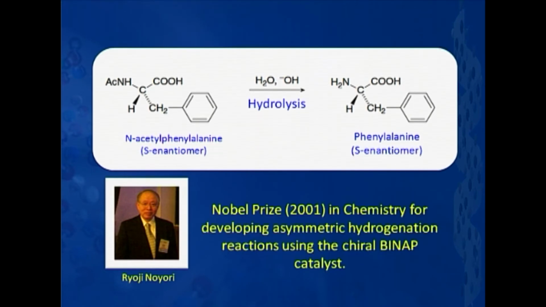He is the one who got the Nobel Prize in 2001 for developing the asymmetric hydrogenation reaction using chiral BINAP catalyst. Because he is the person who developed this catalyst, we can do asymmetric hydrogenation and get the desired product in suitable enantiomeric excesses. Okay. Now, having talked about the general methods and enantioselective methods of synthesizing alpha amino acids, now let